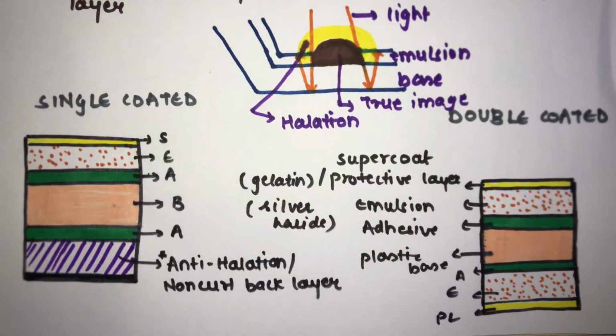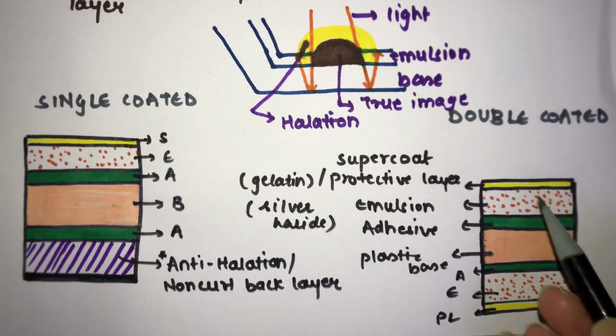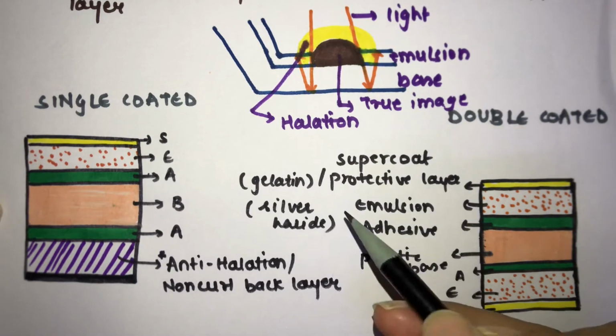So starting off with the first classification, that was according to the emulsion, that was a single emulsion or a double emulsion. Now what is emulsion? So emulsion is a component of your X-ray film. So this is the composition of your X-ray film, which I'm going to cover later, in depth. Emulsion is nothing but one of the components of your X-ray film. So it is a component of the film which is sensitive to the X-rays and the visible light, and it records the radiographic image. So this emulsion consists of silver halide crystals.